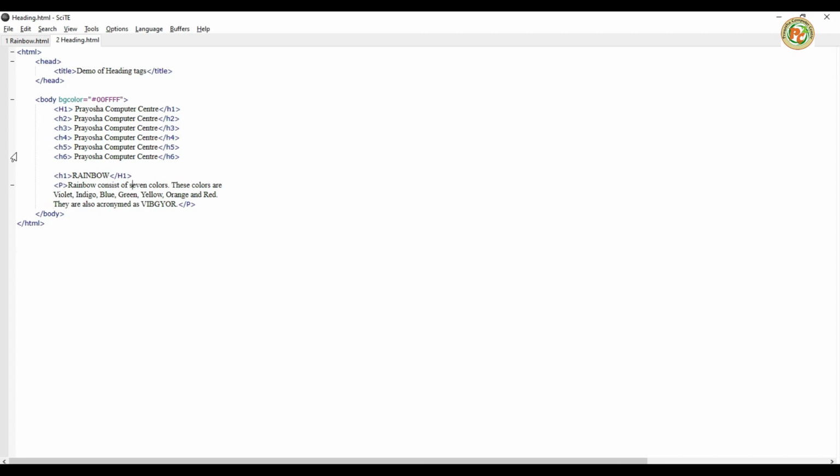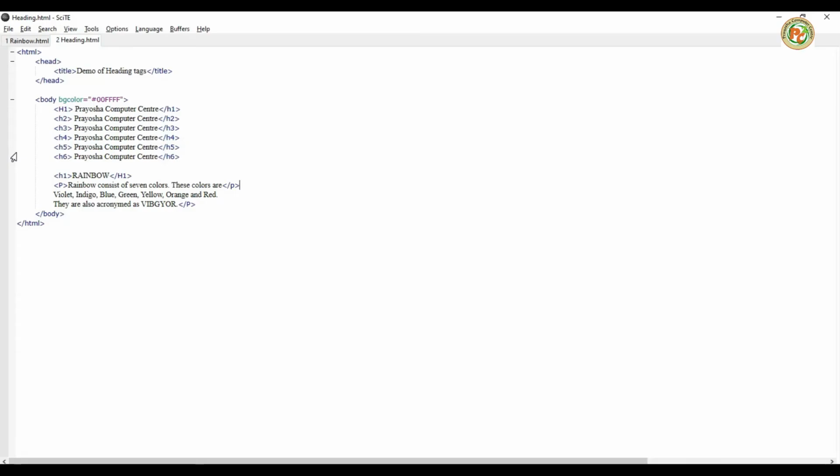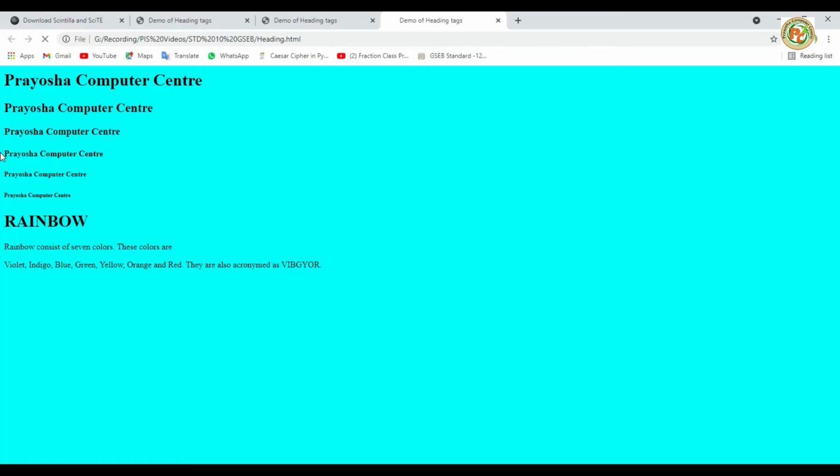For example, I want to make a separate paragraph for this, so I will type /p, then you can see it automatically takes a new line, right? But I don't want to take a new line, so press Ctrl S and move again, it will be a new line. Okay students, so this way we can create a paragraph.